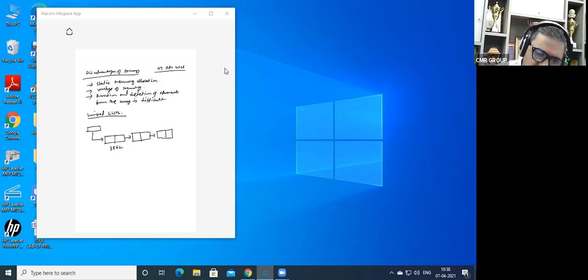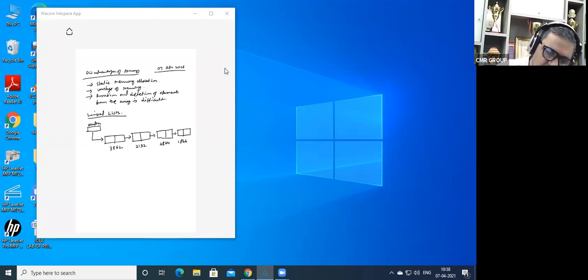Second node is located at location 2132. Third node is located at 4844. And there is another node also which is located at 1866. Let us assume.